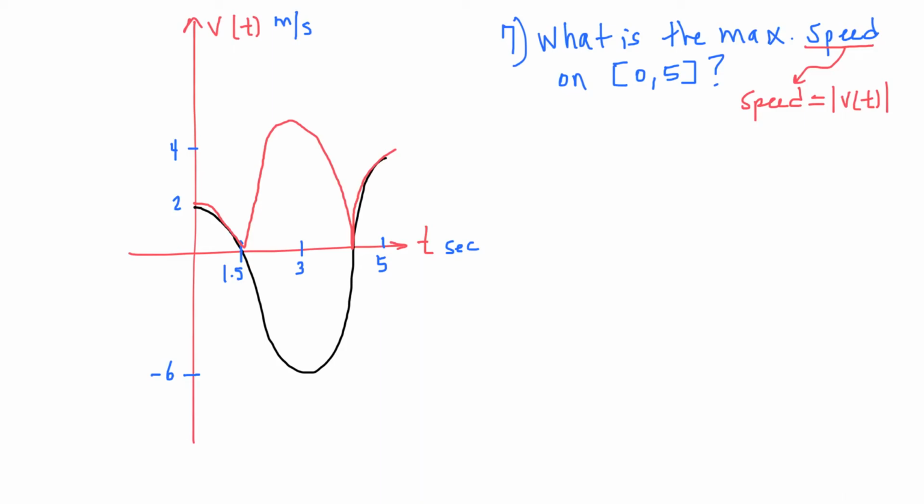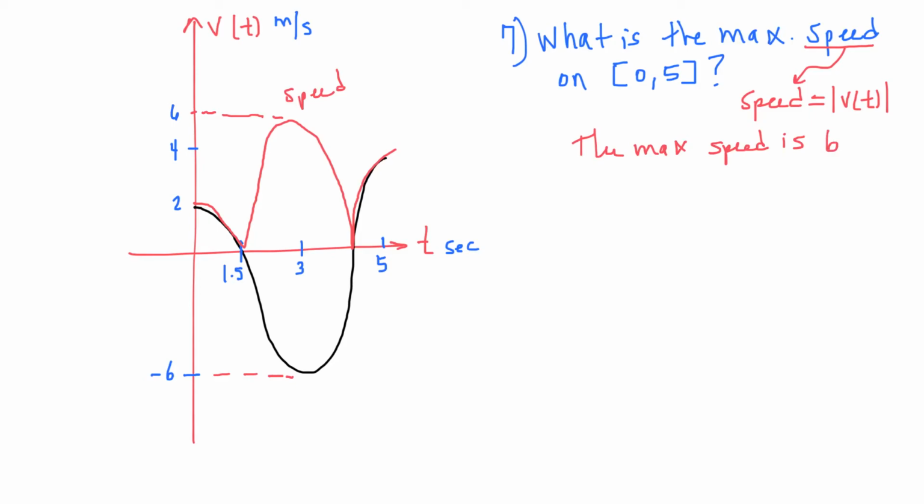So now you're looking at the speed function. And the question is once again very simple. What is the maximum speed? Now, the velocity was -6, so when you reflect it, it turns into a +6. And that's the highest point it reaches. So then our answer is the maximum speed is 6,